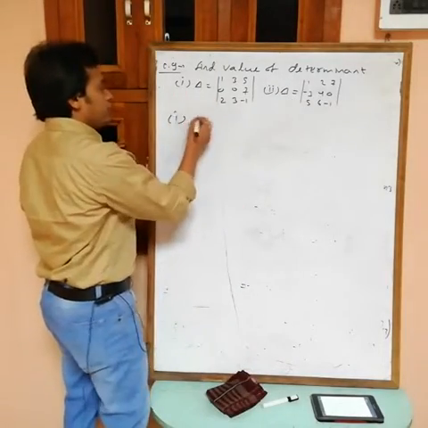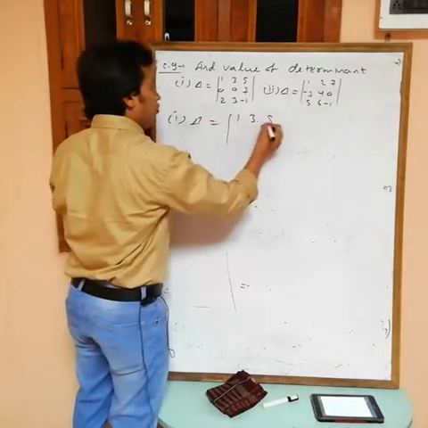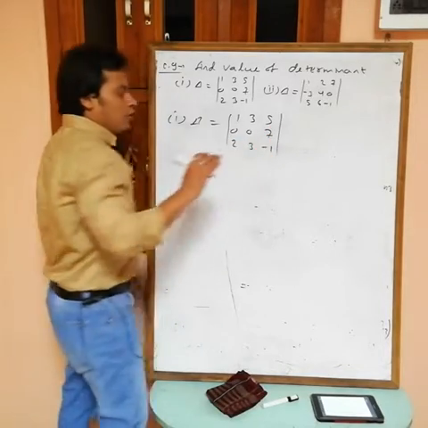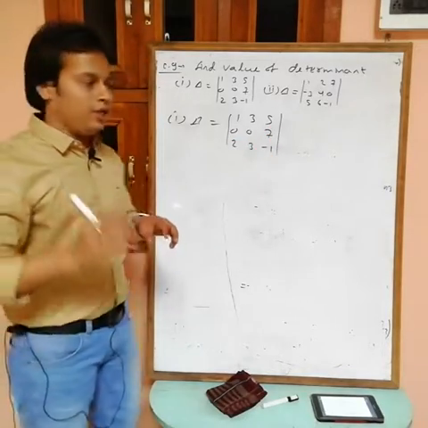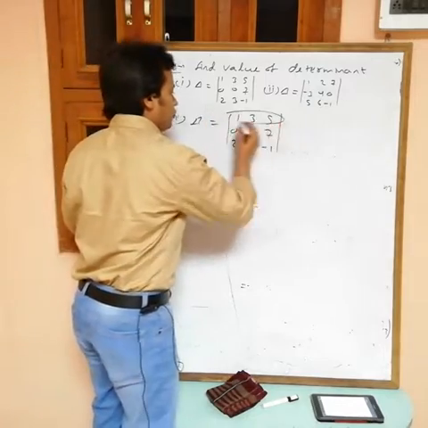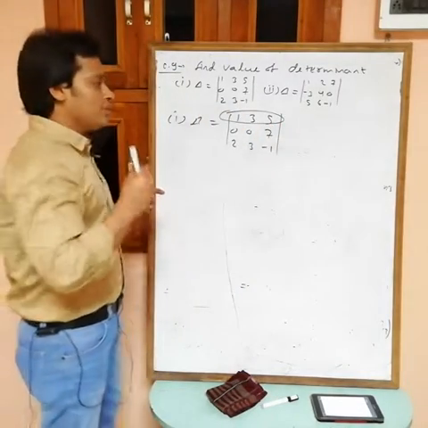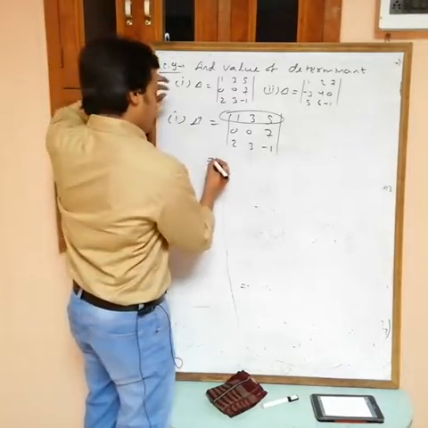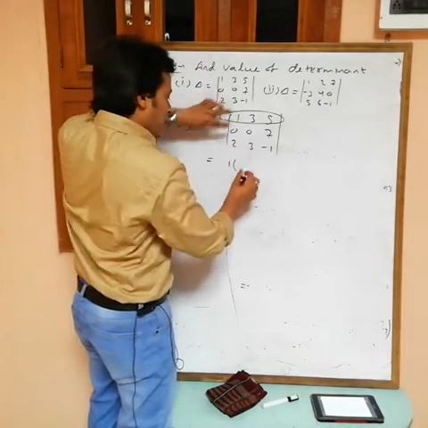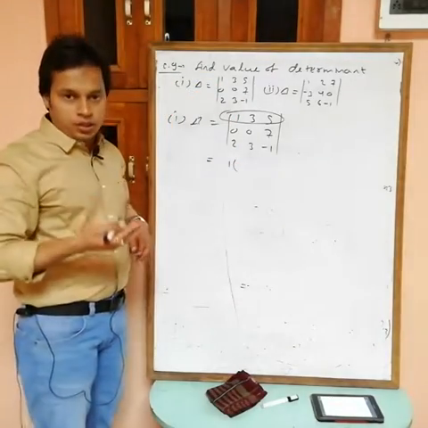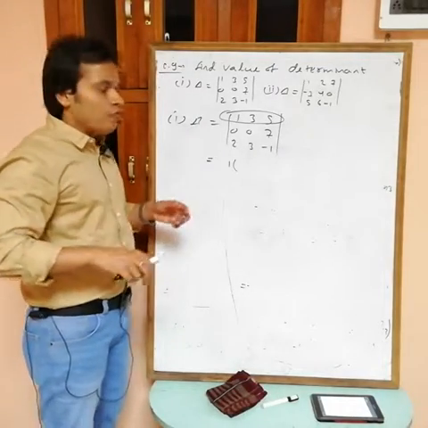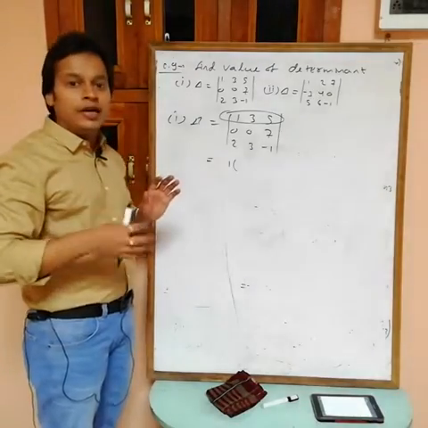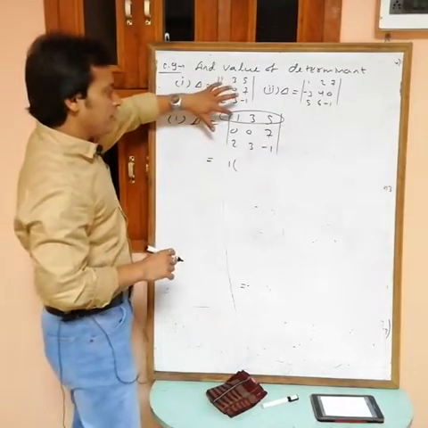So first we want value of determinant of this one, 135,007,23 minus 1. Now first you have to select any one row or any one column. Suppose I am selecting first row. Okay, if you are selecting first row, then find out. So how to get? 1. Multiply 1 with its cofactor. Okay, now we have to multiply 1 with its cofactor, but first find the value of minor, then decide the sign. Okay, so first I am finding the value of minor.